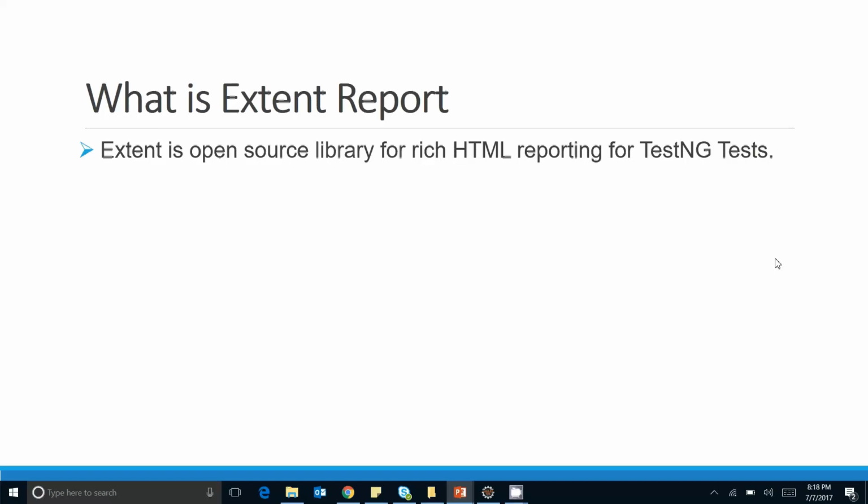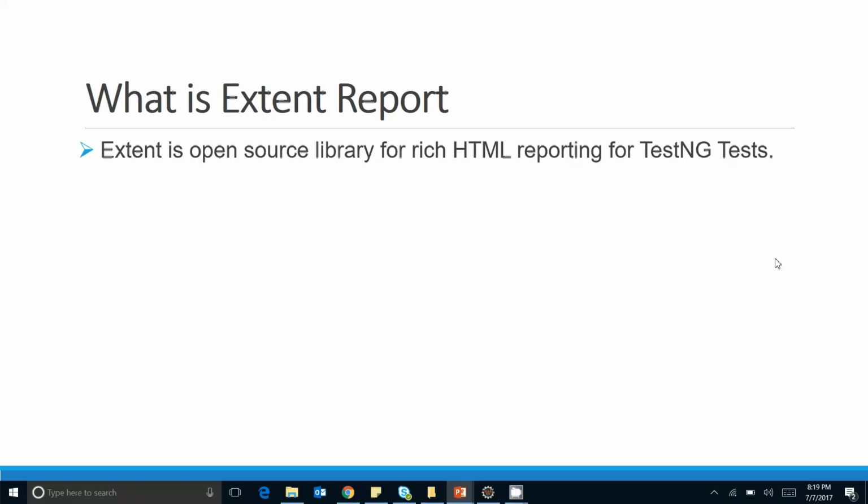Generally we use TestNG with Selenium and we rely on the TestNG report, which is an HTML report but is not rich in HTML. We can deliver the same report to the customer, or with the help of that report we can easily go through all the tests. Suppose you have almost 100 to 120 tests in your test suite, then with the TestNG HTML report it is not easy to go through all the fatal errors, all the skipped tests, or the results of all the test cases in your test suite. So to resolve this problem we need to look at some other reporting tools.